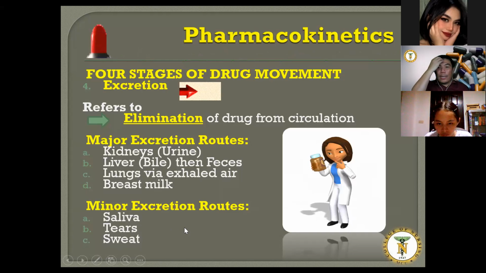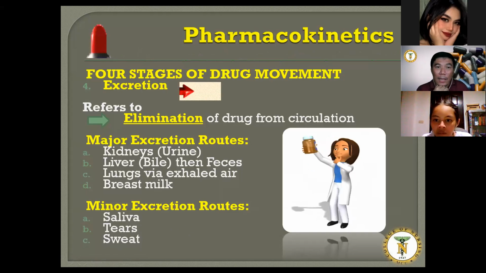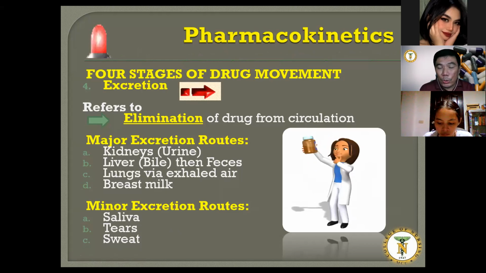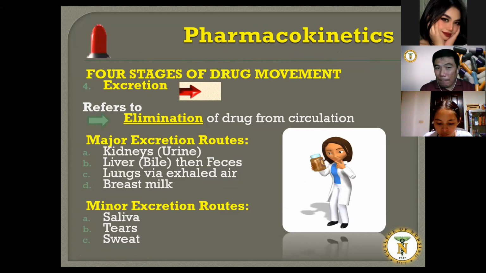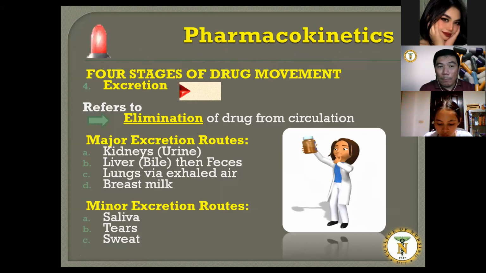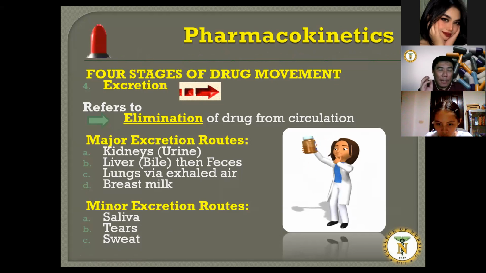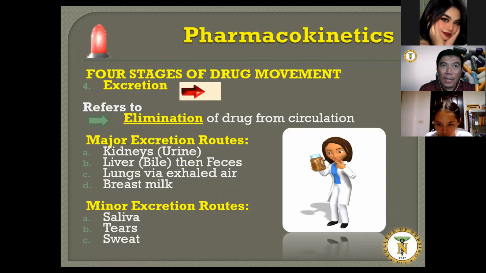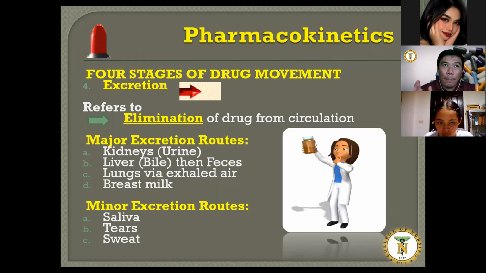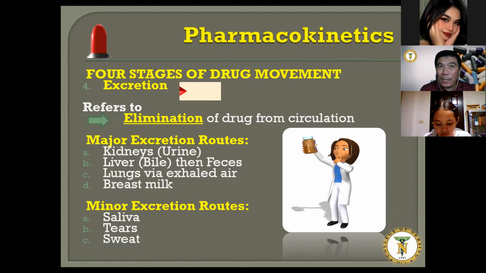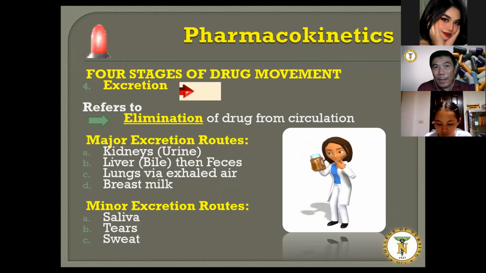Okay, now, it's very important to know that in the elimination, there are major excretion routes. Okay, kidney is the number 1, liver or bile to the feces. Kaya class ganito. Di ba I told you that sometimes there are some drugs that are not capable ang kidney to excrete. So that's why because of the hepatobiliary ang nagme-metabolize, pwedeng si bile pumunta siya at excrete siya yung excess properties of the drug via feces.